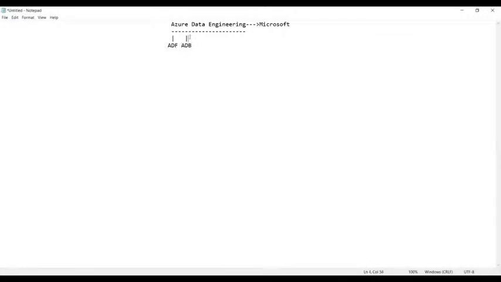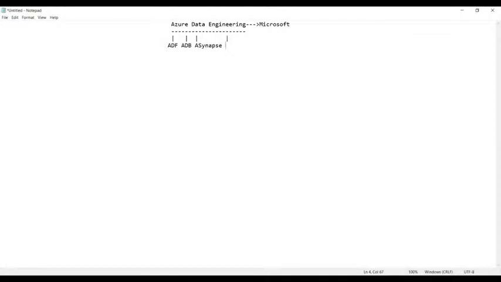Apart from Azure Databricks, we also have the service called Azure Synapse. I'll explain one after the other, don't worry. Apart from this, we have many more services, and I will tell you some of the highlighted ones.